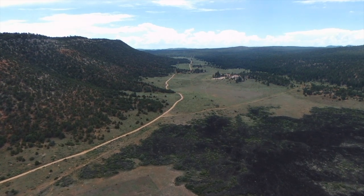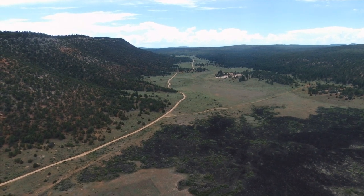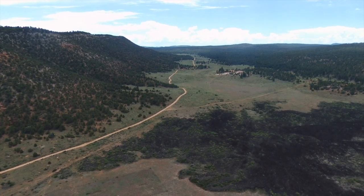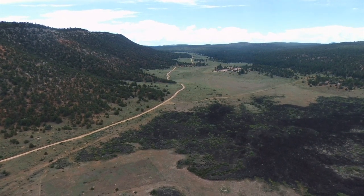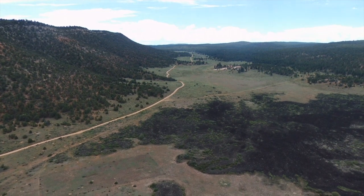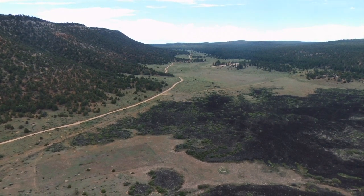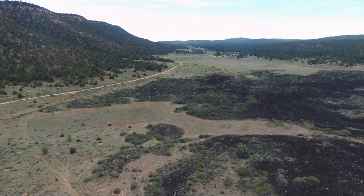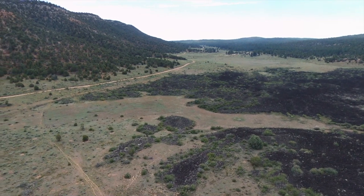Now just below in the foreground is a lava flow that came from the right through a canyon from the Paxton Springs cone, which we saw just moments ago. At this point, the lava pooled into an area, as you can see, and then flowed off to the left, again down Zuni Canyon, all the way to Grants, where at the mouth of the Zuni Canyon in Grants, there's a big pool of lava that came from this flow. So after this scene, we're going to head back up the road off to the left,